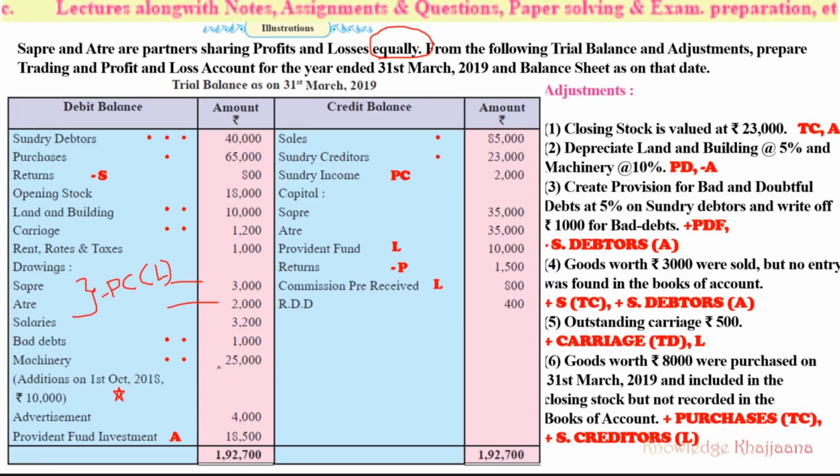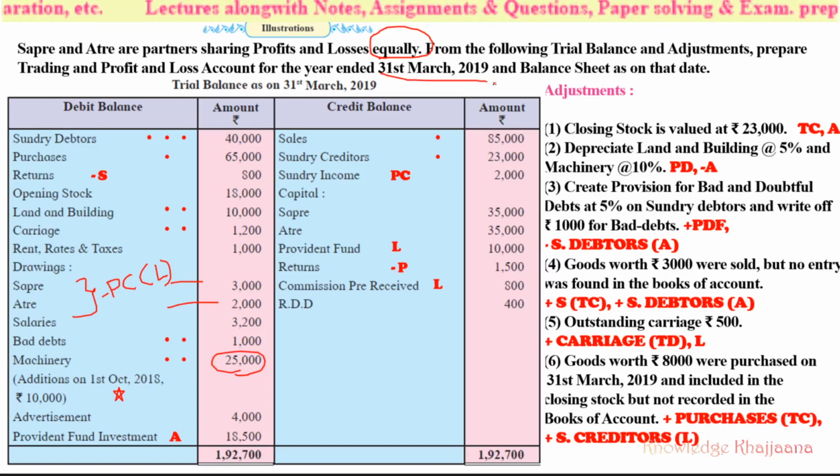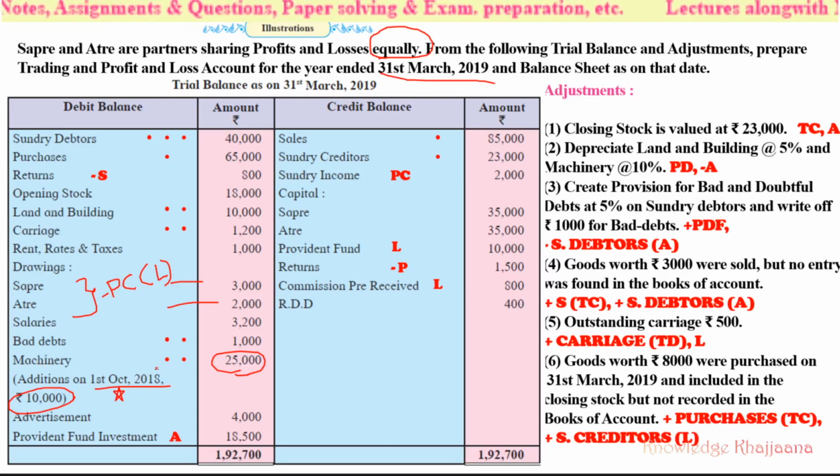The machinery which is shown at rupees 25,000 on 31st March 2019 includes the new machinery purchased on 1st October 2018 of rupees 10,000. See, what does this mean? Starting from 1st April 2018 to 31st March 2019,